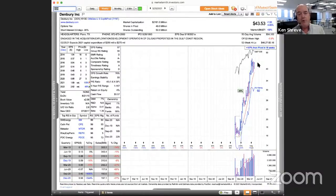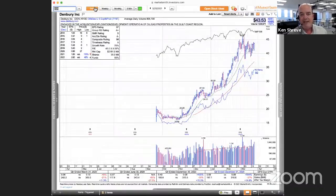So it just started the third week of a new base here. Typically a base like this is going to need at least 6 weeks to form, so it may pause for a little while longer, move sideways. I don't think the stock is actionable now, and even on the daily chart, drawing a trend line is not the best trend line really. So I would just wait for sideways movement, but if the market continues to weaken and oil and gas stocks come in a little more, this would be a good candidate for a nice first test of the 50-day